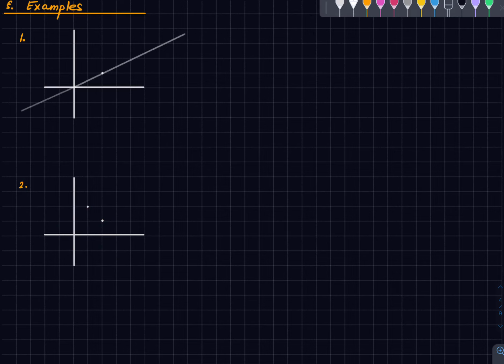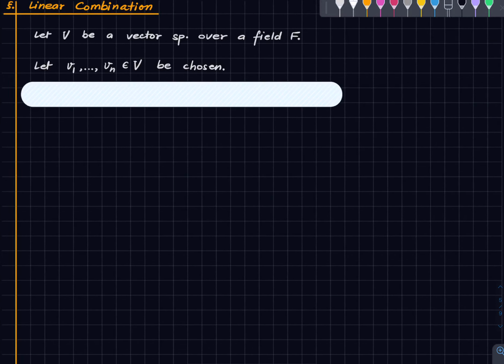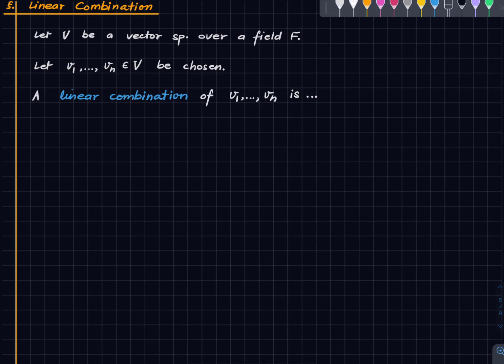All right. Now we come to another very important notion called linear combination. Fix a vector space over some field F, and suppose we have chosen some bunch of vectors from the vector space. Then a linear combination of the chosen ones is defined as any expression of the form